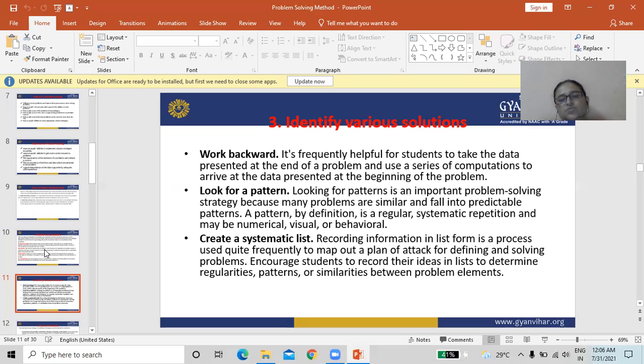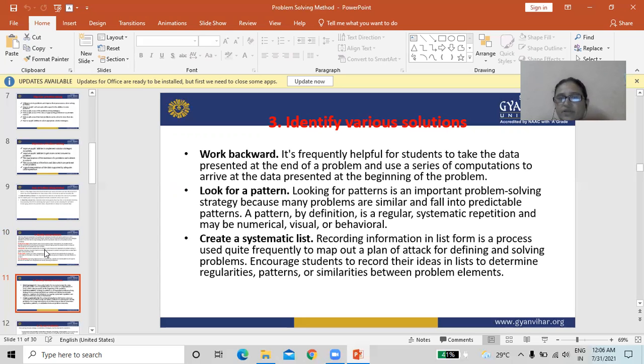Encourage students to record their ideas in lists of determined regularities, patterns, or similarities between the elements.